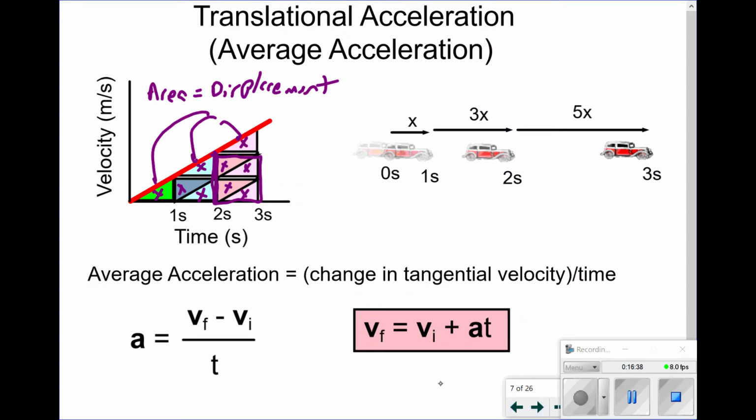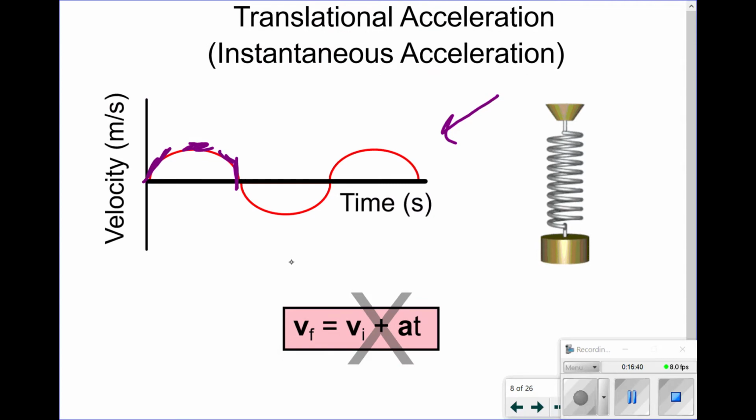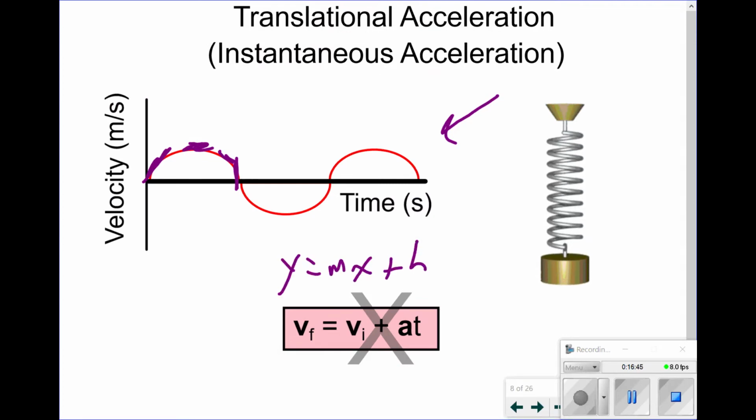Remember, this equation is really y equals mx plus b in disguise for a math class. And this only works for a straight line graph. This is not going to be that circumstance. So we can never use this type of equation. It's also important to note that since the acceleration is always changing, it's not necessarily convenient to work with